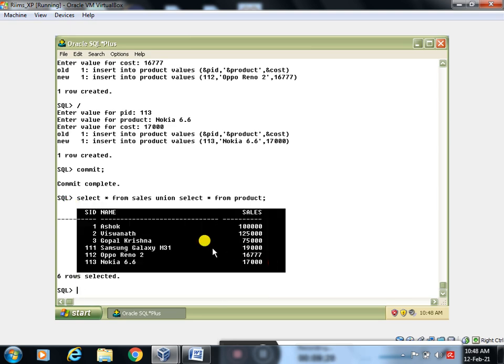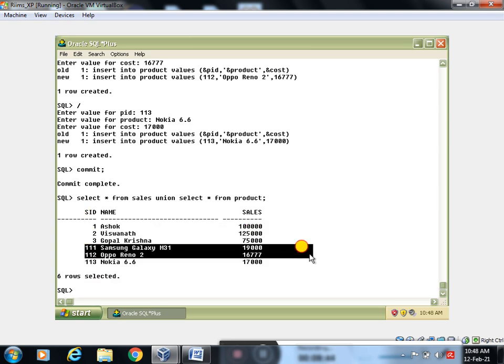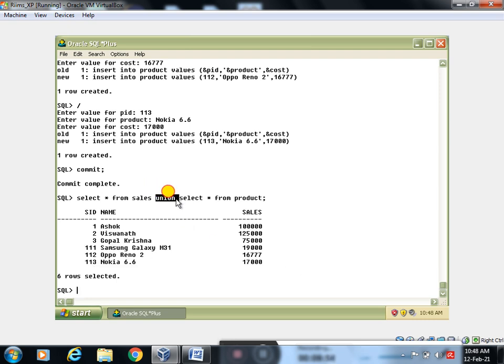We are getting the data from the 2 tables. The 2 tables' data is merged and displayed as one output. See, this is my first table data and this is my second table data. The same operation I am executing in Informatica. Union means it is merging 2 tables' data and displaying it as one table's data in my output.